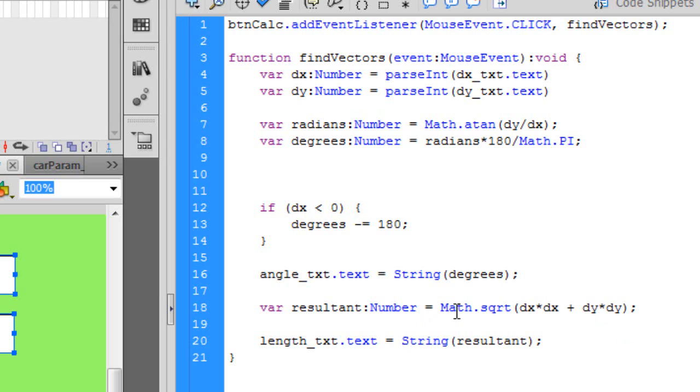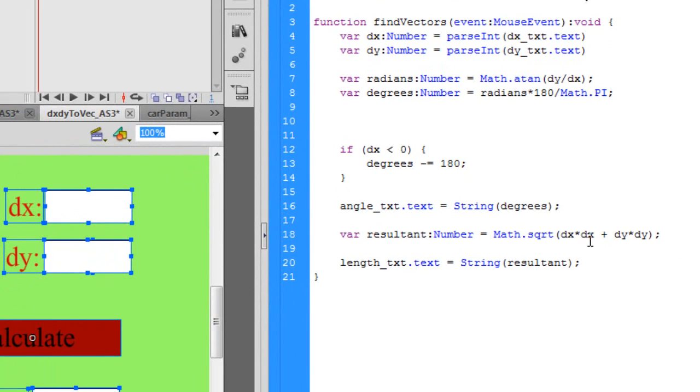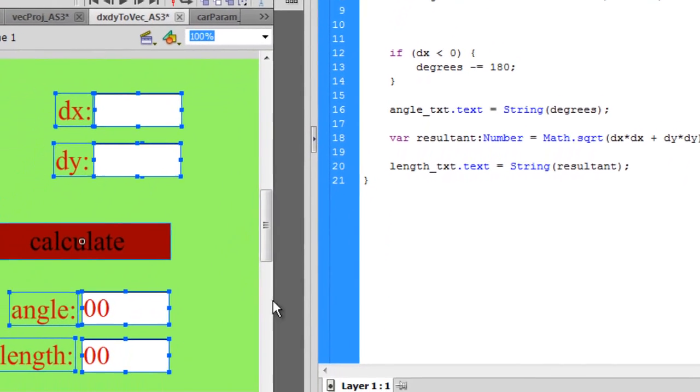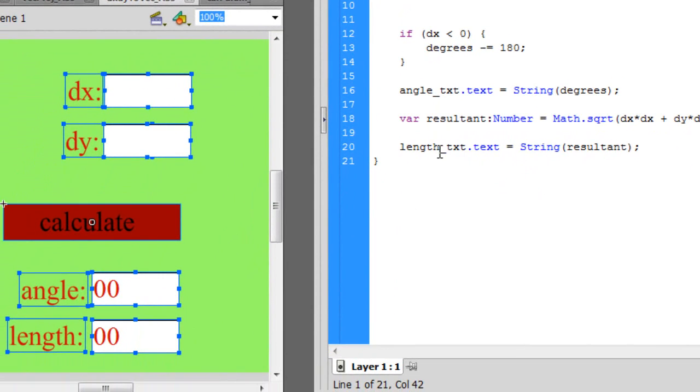So we have c squared equals a squared plus b squared. So to find the resultant, we have the square root of our dx, which we already turned into a number variable up here, and our dy, which we turned into a number variable here. And then that number is going to be turned into a string to come out in our dynamic text box